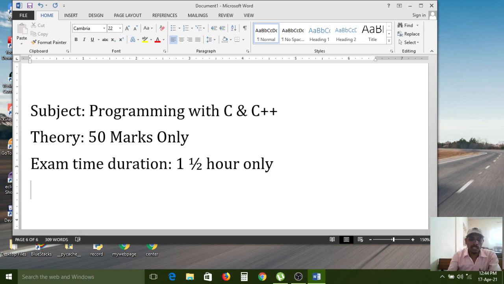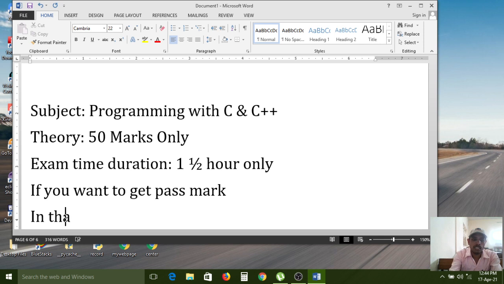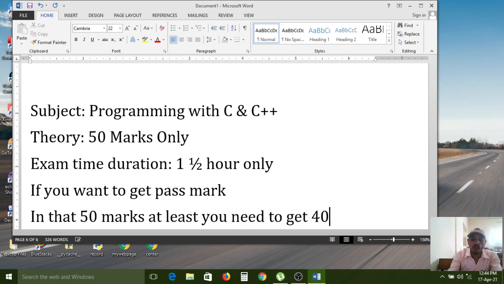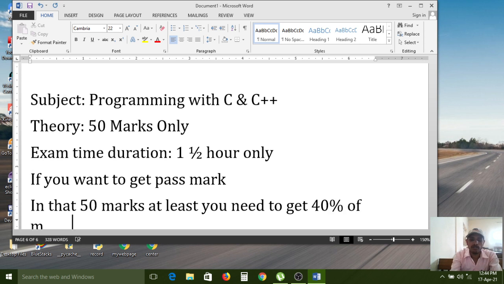And if you want to get the pass mark in those 50 marks, at least you need to get 40% of marks.